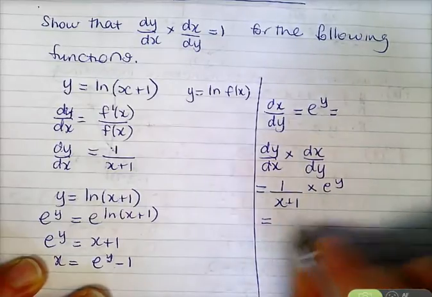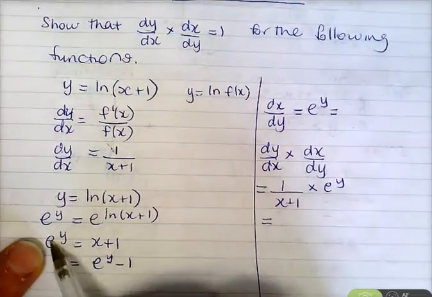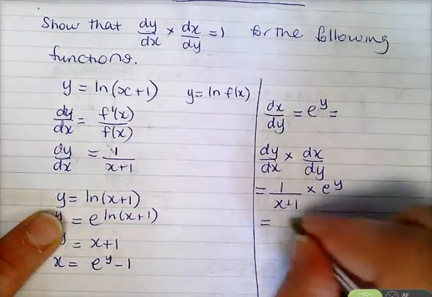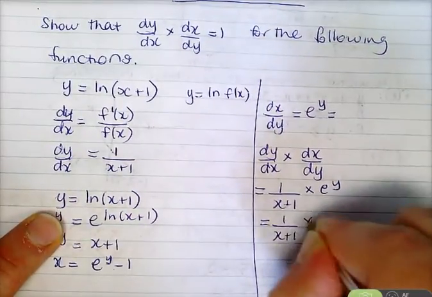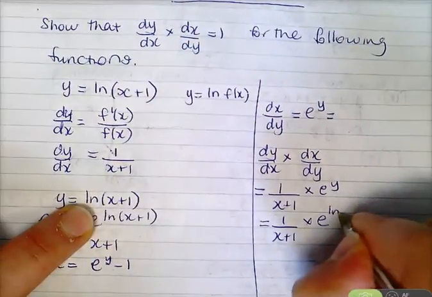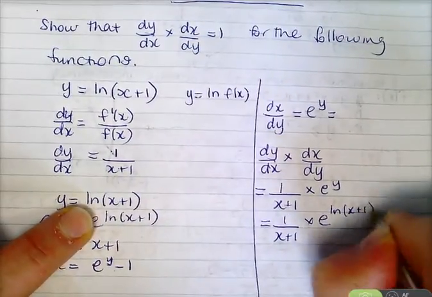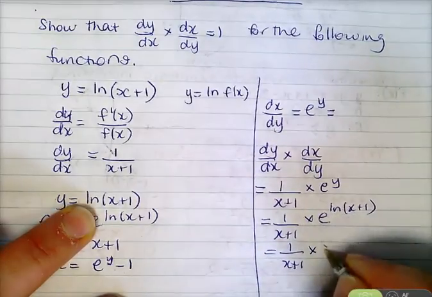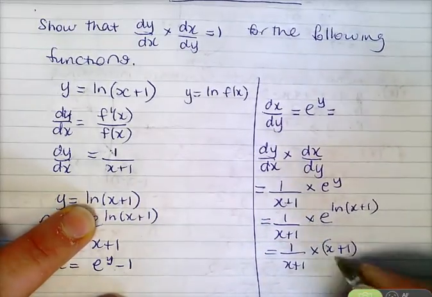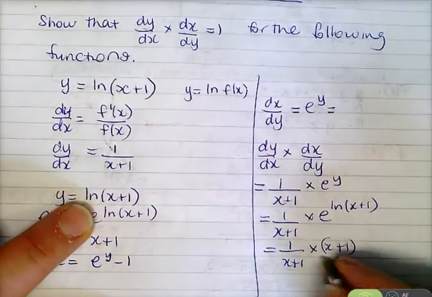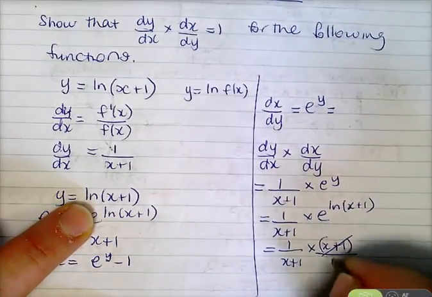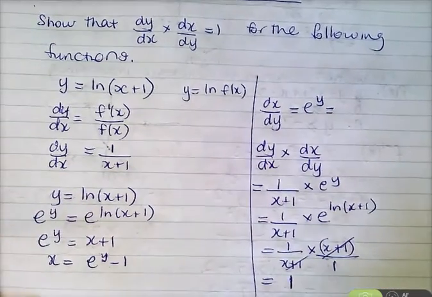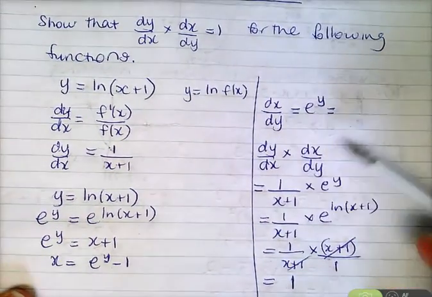Here we can see that e to the y, you can either substitute straight that e to the y is x plus 1, or you can put it as x plus 1 times e to the ln(x plus 1), which is 1 over x plus 1 times e and ln cancel times x plus 1. Of course, that's in brackets, and it's on the numerator, so I'm going to put it over 1. The x plus 1's cancel, and I'm left with 1, which is the result that we're trying to prove, that dy/dx times dx/dy